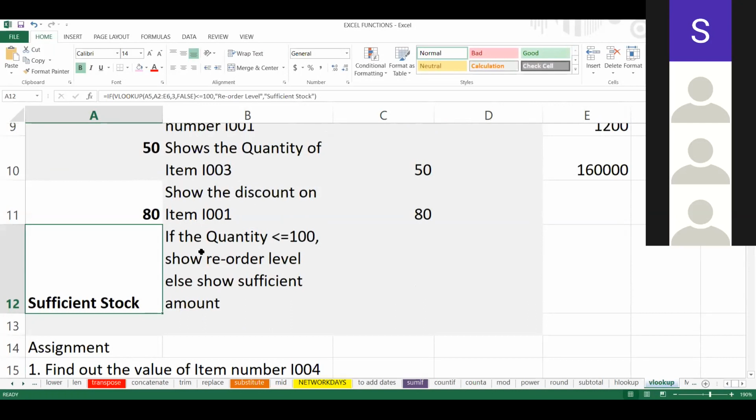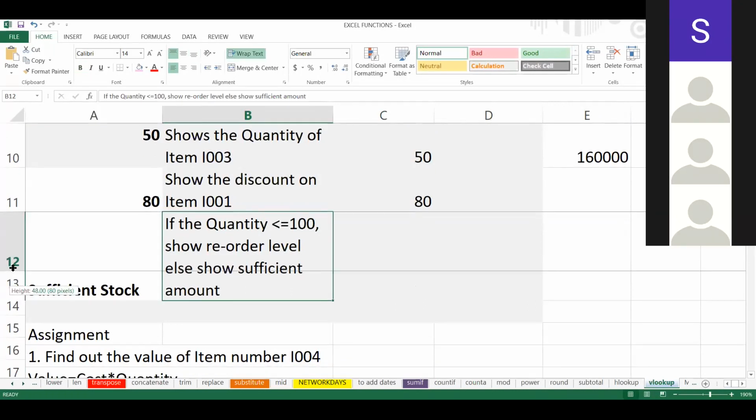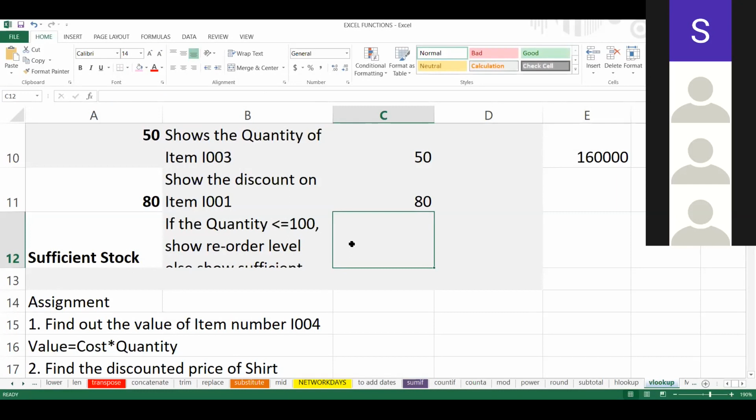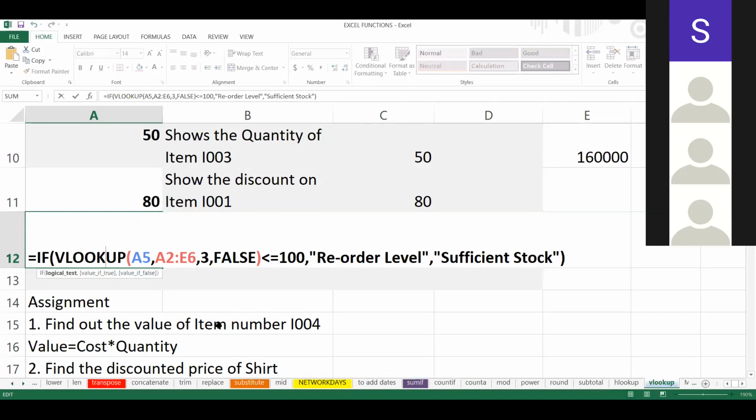Now, this is a little more difficult than the previous ones. Here, if the quantity is less than 100, then show reorder level, else show sufficient amount. Means if the quantity is less, I want to show this. If the quantity is okay, then I want to show this. So for that, I need to use IF in this. Just see this VLOOKUP. A5, what is A5?